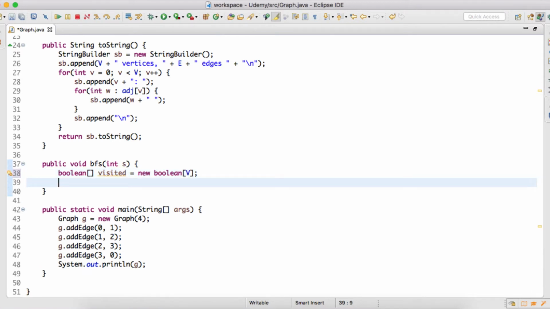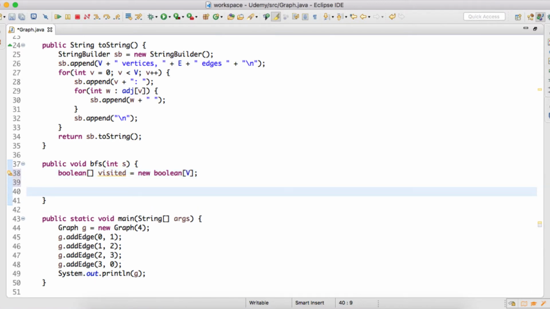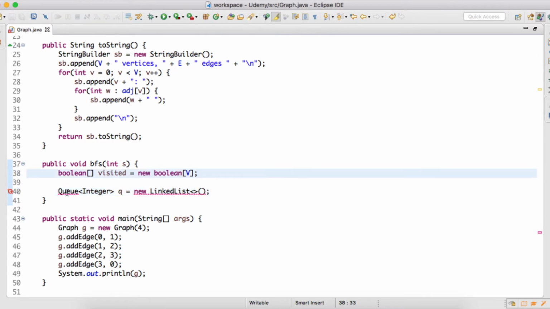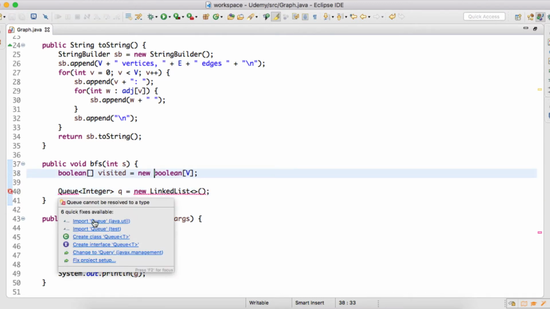Moving ahead, we'll create a queue, which we'll import from the java.util package.